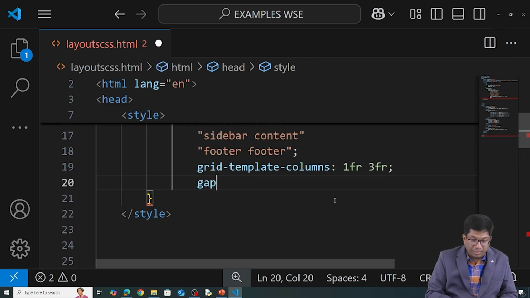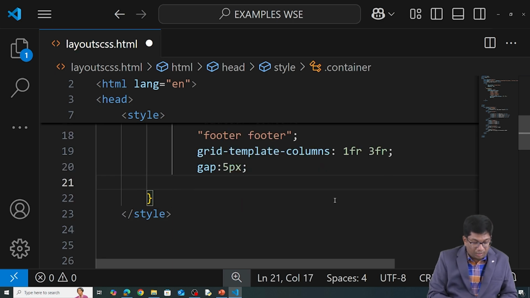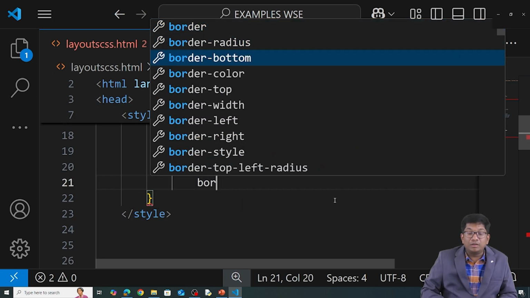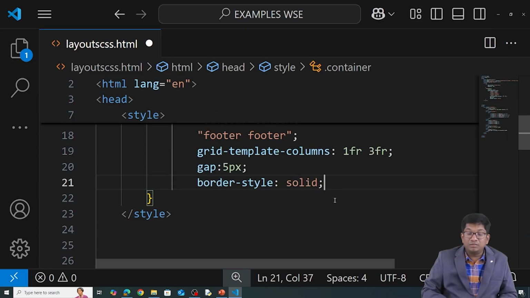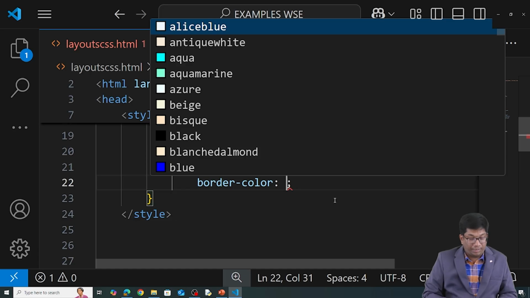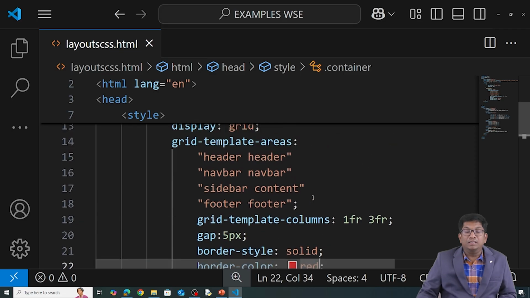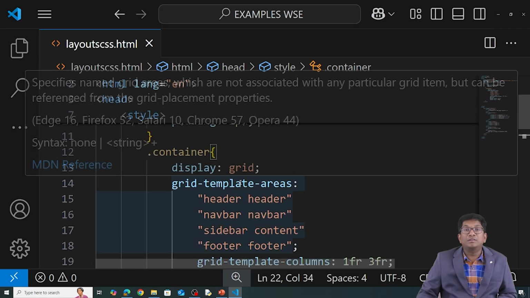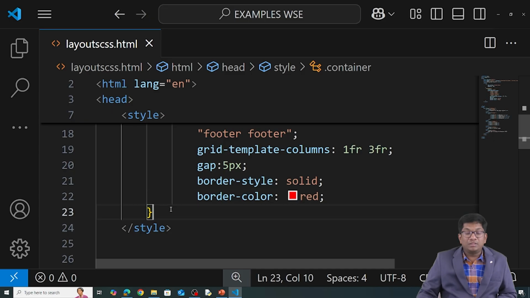There must be gap 5 pixels, right? And border style, we giving border style solid, and border color is red, right? So we specified. So by just we created here grid by using the grid properties, and we start with